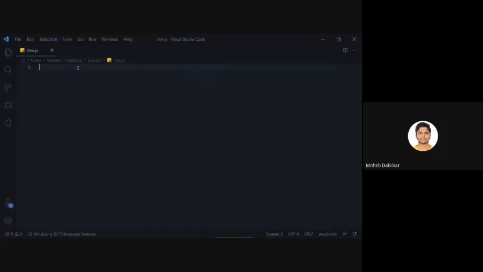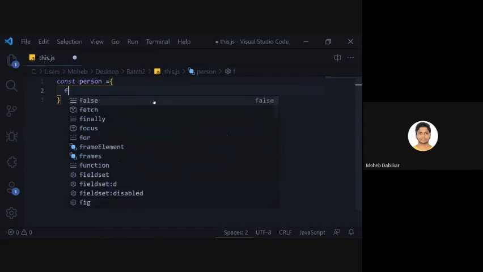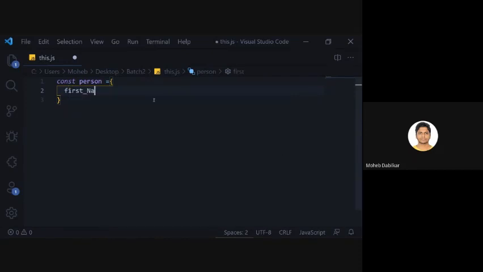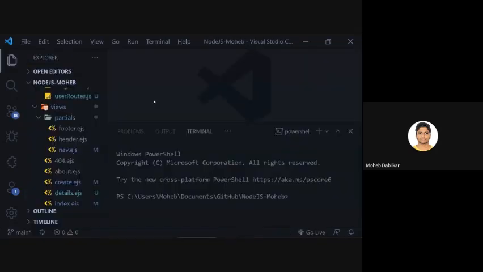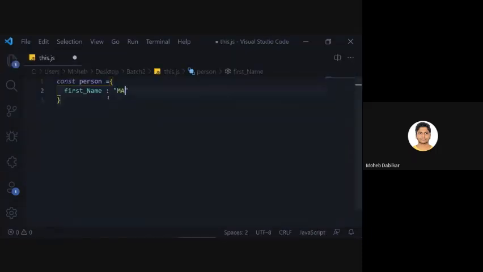So let's say that we have an object which is a person. You guys can see this, right? Inside this person object we have his first name, so we will call it first name, and then inside that we will put my name.